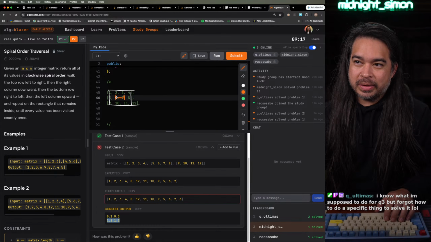I think I see what's happening, man. It's doing two things, but I'm taking left to right there, top to bottom, right to left doesn't do anything. Then when I go bottom to top,